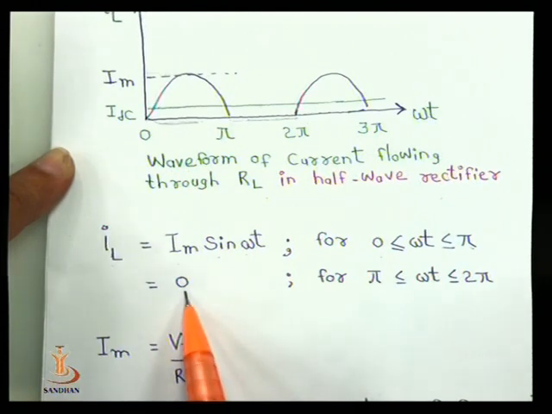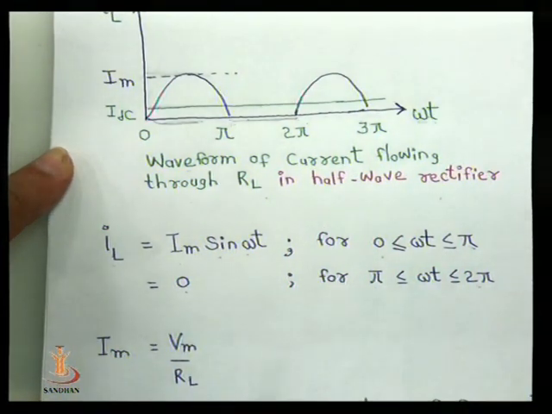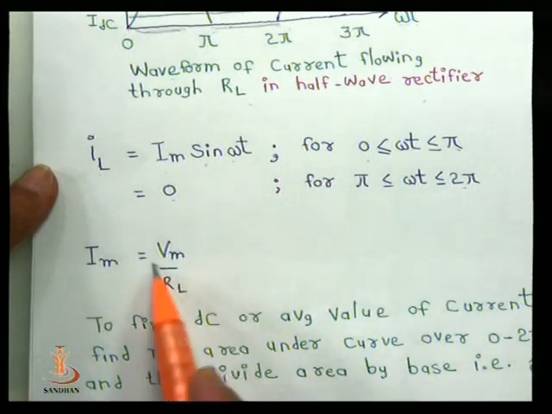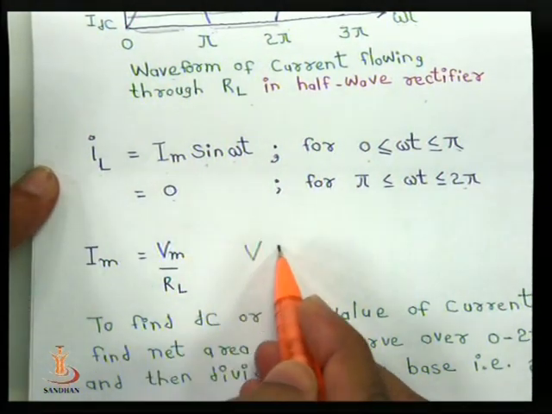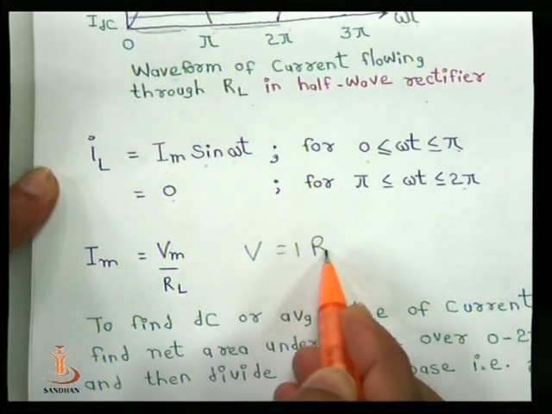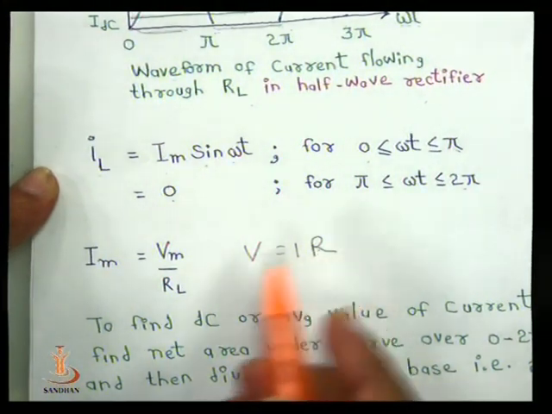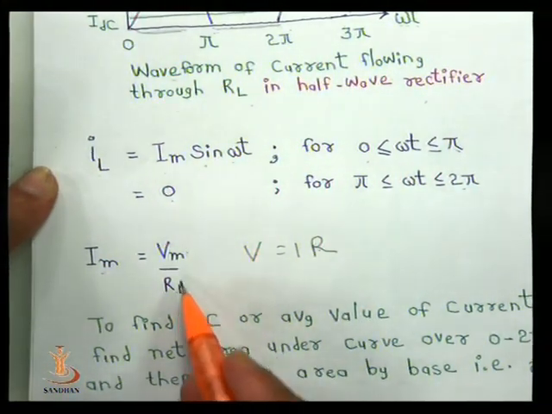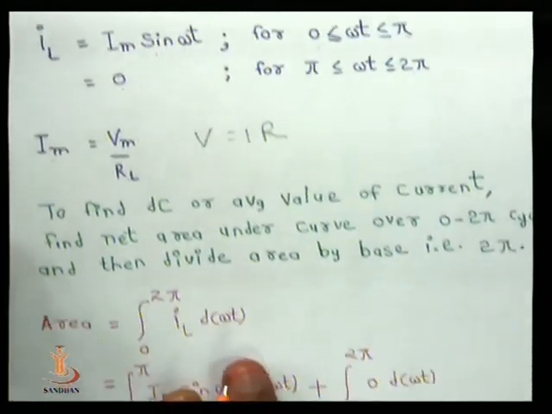That's why it is 0 from pi to 2 pi. Now Im is nothing but, basically, V equal to IR, so I is nothing but V by R, Vm by RL. Now to find